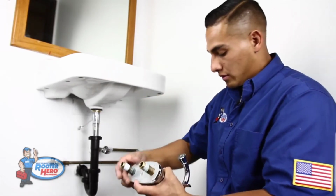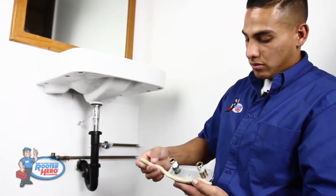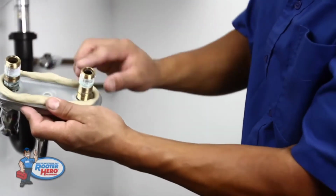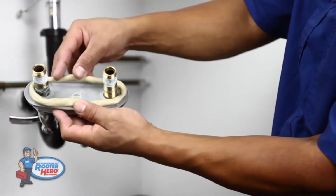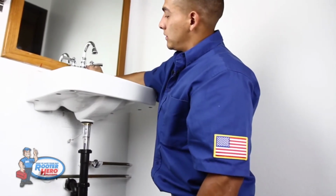the edges only. If you grab your plumber's putty and you get something like this, you can guide it all around it. Make sure it connects, and that'll make a watertight seal as well. And go ahead and grab your faucet, put it in the slots,